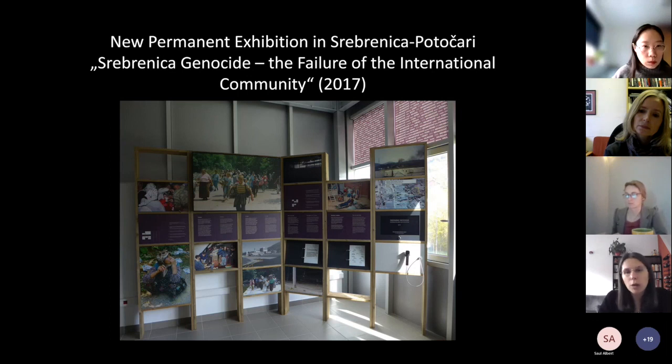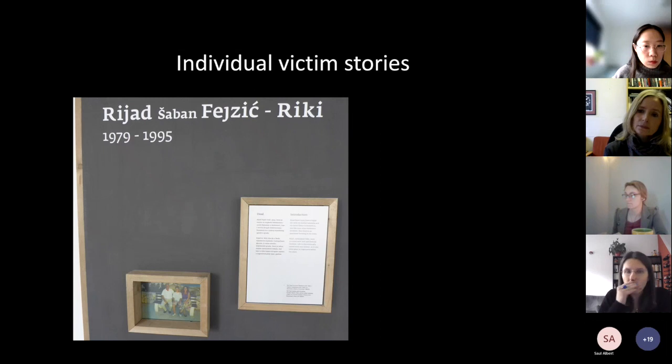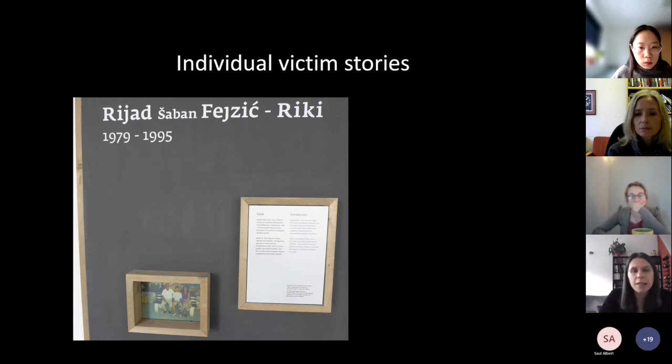And I would call this actually a best practice example, because what is taken from Holocaust museums is not the claim that we are the new Jews and they are simply the new Nazis, and we are as innocent as the new Jews and they are as evil as the Nazis were. But what is taken are those musealization techniques here in this Srebrenica example. So one technique is this